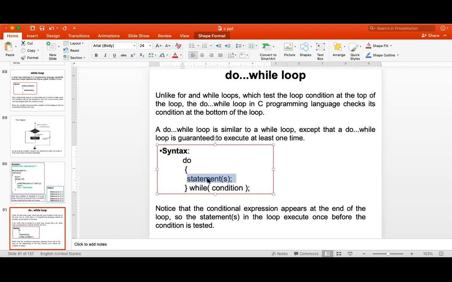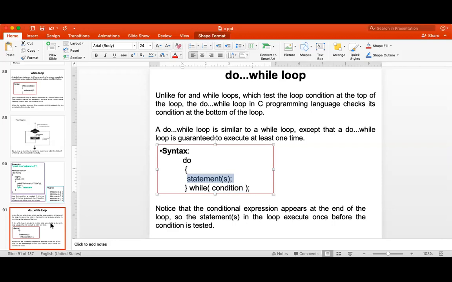If the condition is false, then it will go outside. Otherwise, the third time the statement gets executed. Again condition check, again statement. After that, it is just like your while loop. But initially, it does not check the condition. It first executes the statement, then checks the condition. So even though the condition is false initially, this statement gets executed at least one time.